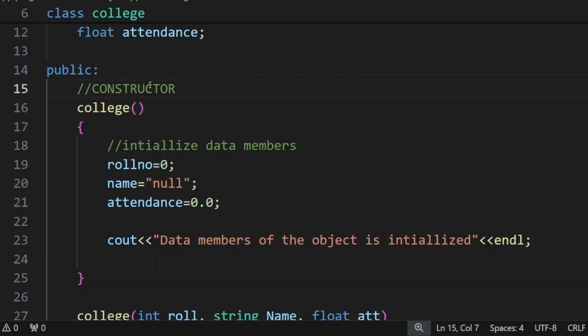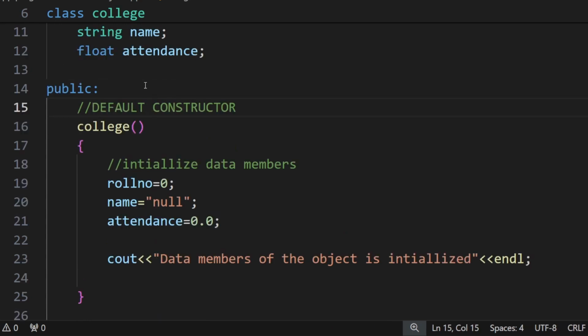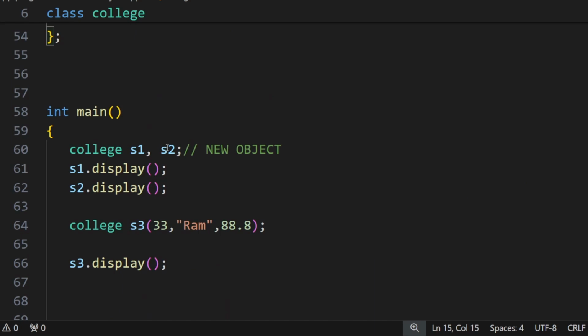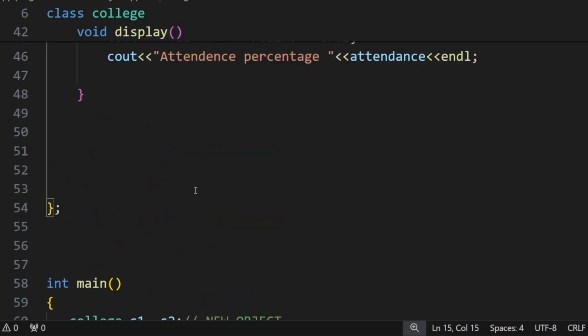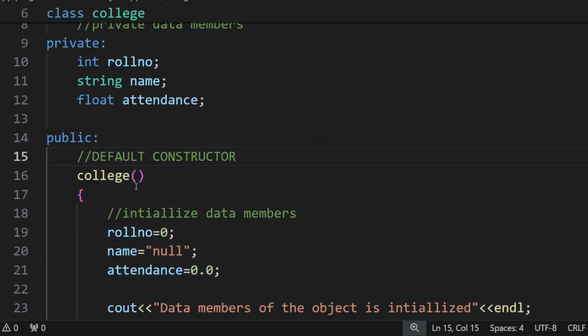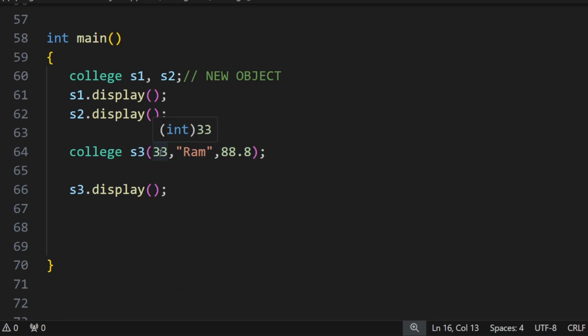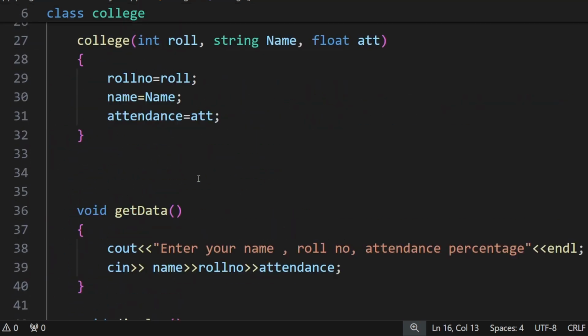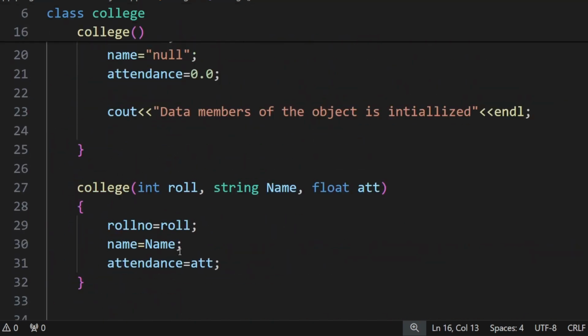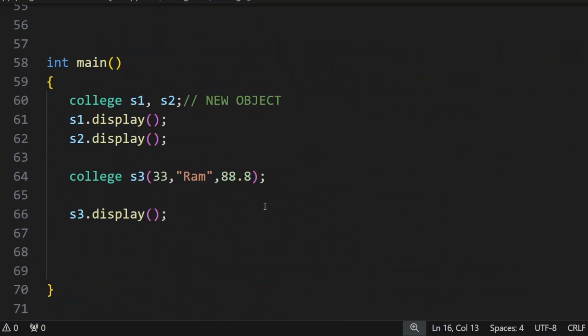So the constructor with no argument is the default constructor. So this is a default constructor. When we give the object name as empty, like this S2, S1, it will call the default constructor with no arguments in it. The parentheses are empty. So it will call this constructor and it will initialize the values according to this. If we pass arguments, it will call this constructor and initialize the values according to the arguments we pass, and we finally get the output like